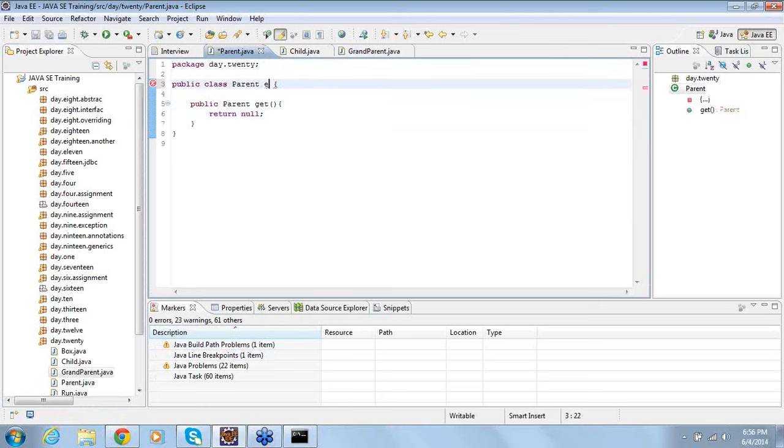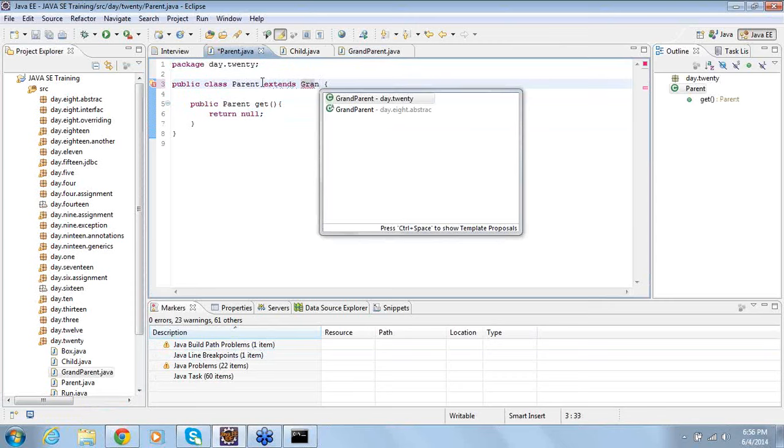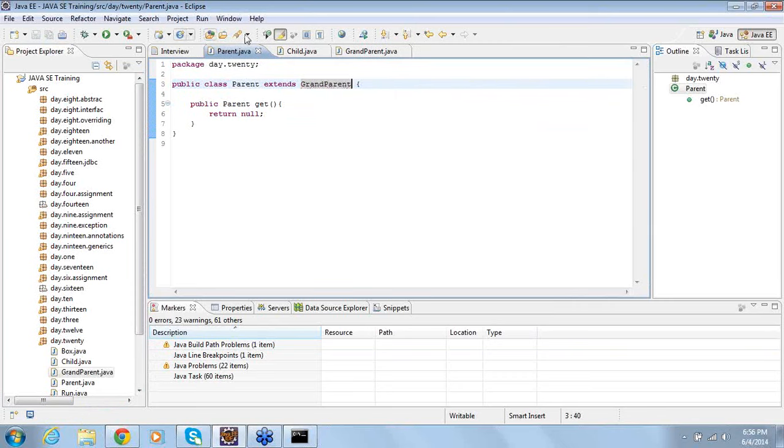So let me make parent extends grandparent, and now child extends parent. In the parent class, you have a get method whose return type is parent. The child class is extending the parent. It also has a method get whose return type is child.